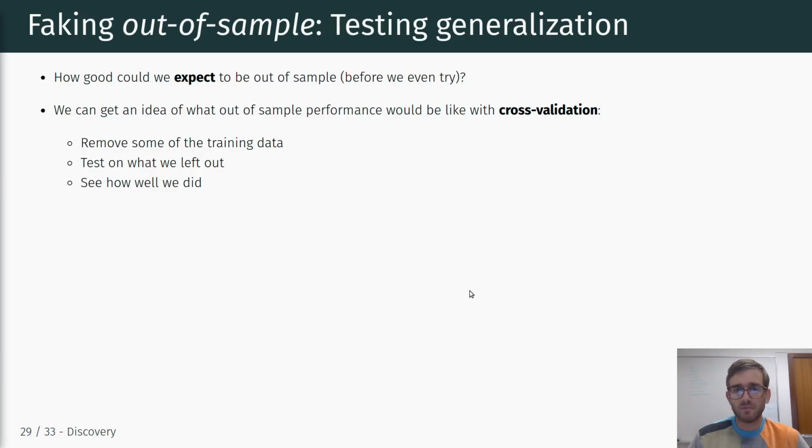And one key way to assess what the out of sample performance would look like is to use cross validation. That's again one of those central techniques that is used throughout data science. The idea behind cross validation is to remove some of the training data that you have, use the same procedure that you used before on the smaller subset of training data, and then pretend that the left out training data is actually your test data, and use that to evaluate the